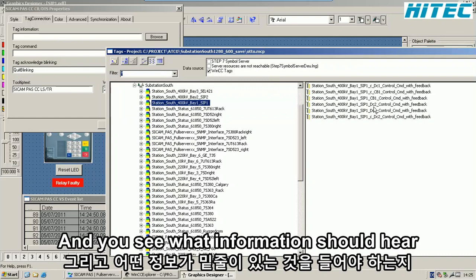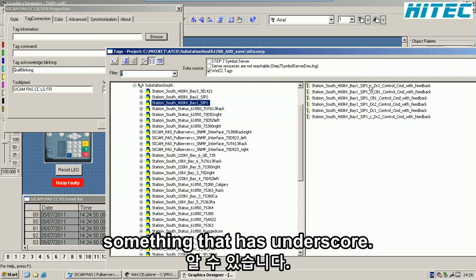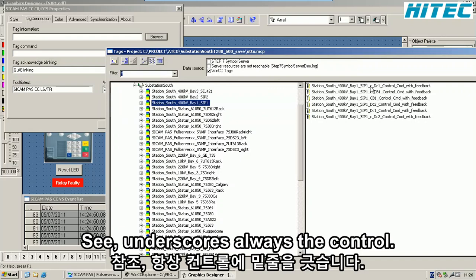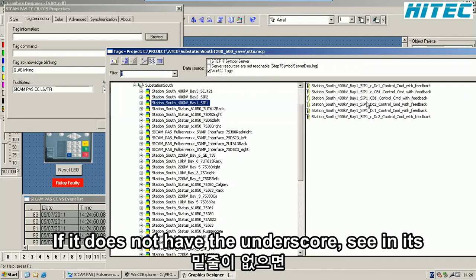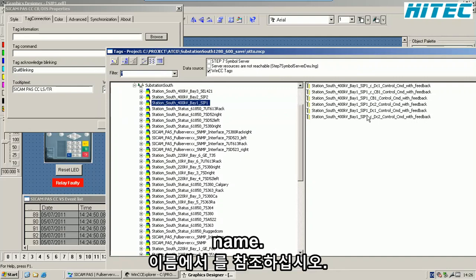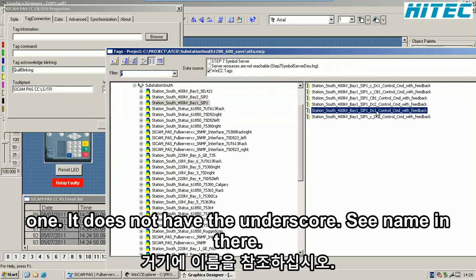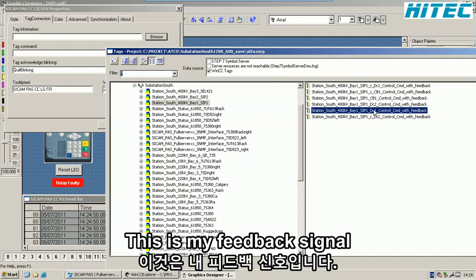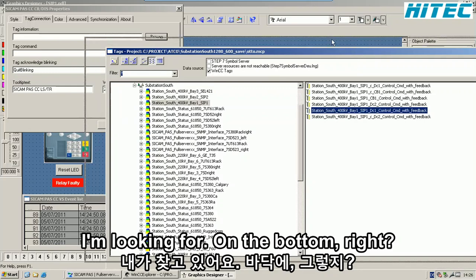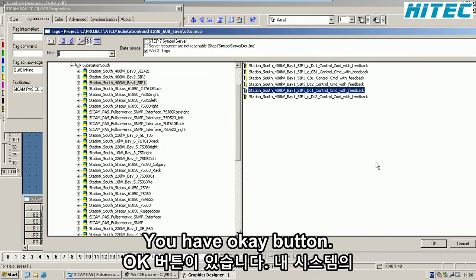And you see multiple informations here. Something that has underscore C underscore is always the control. If it does not have the underscore C in its name, it's the feedback signal. So this here, for example, is my disconnect 1. It does not have the underscore C name in there, so this is my feedback signal I'm looking for. So on the bottom right you have an OK button,